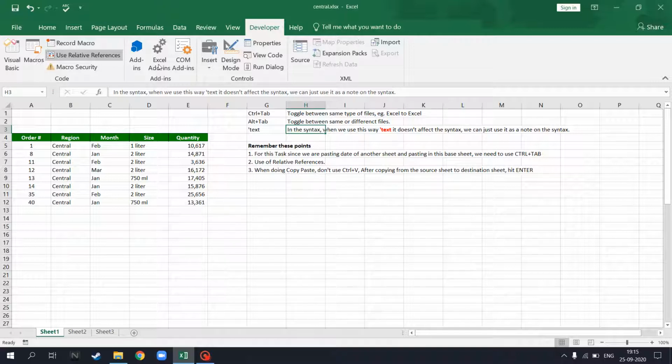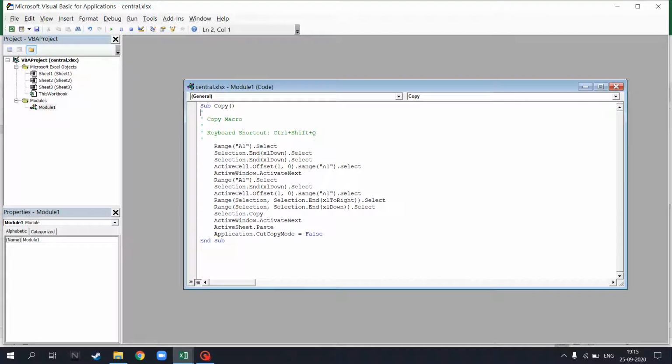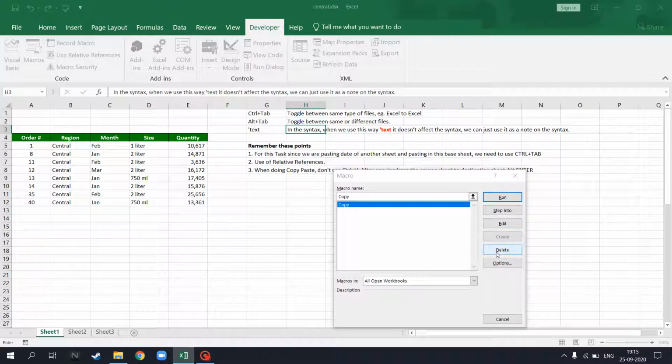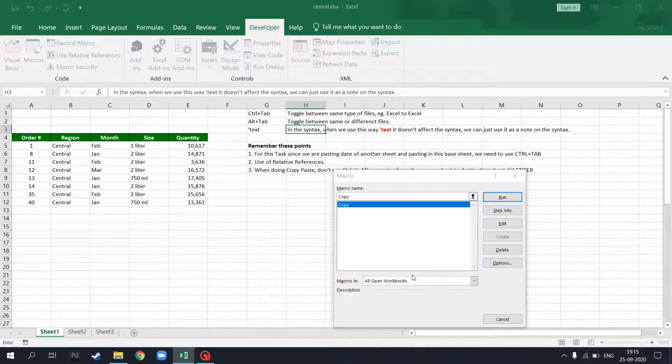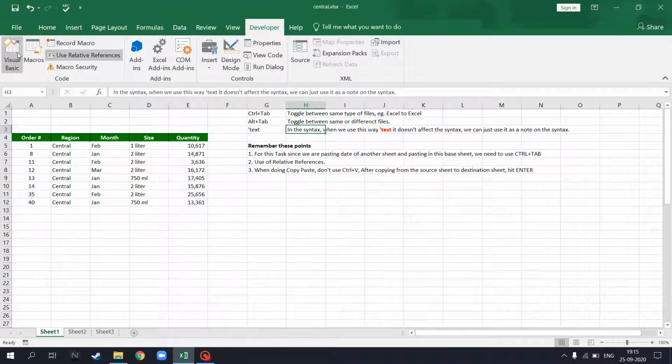Now if we have already created a macro, or we had a previous macro, we can see it in here. You want to delete it, you can delete it, or want to edit it, you can edit it. If you edit it, it will take you to the VBA project. If you want to delete it, you can delete it. All right, and there are three ways to save this, which we will see. Let's delete it first. I've deleted it, and